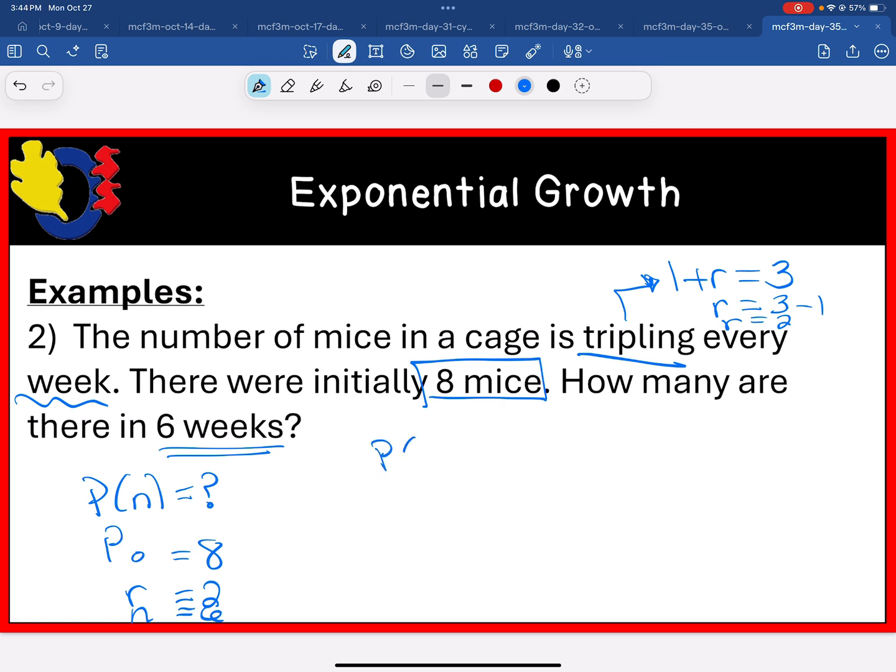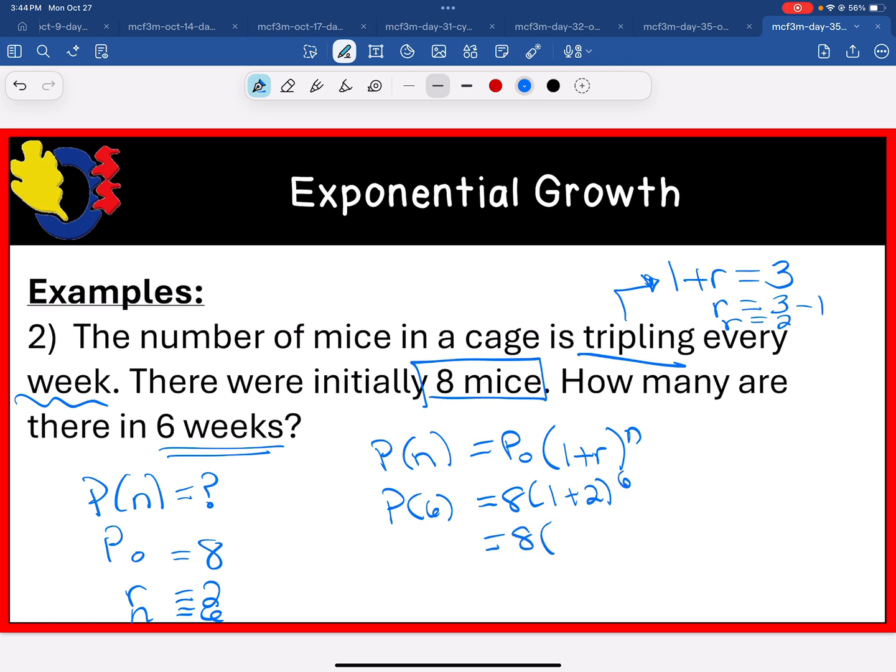Okay, so P at 6 is equal to P naught, which is 8, times, actually maybe I will put in the equation here. P at n is equal to P naught times 1 plus r to the exponent n. So P at 6 is equal to 8 times 1 plus r, so 1 plus 2 to the exponent 6,